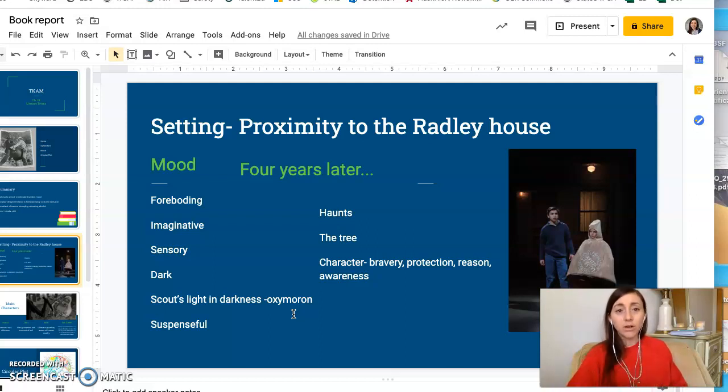It's an oxymoron, which means you have an extreme contrast between one thing and another. And so she is light in the darkness of the setting that they're in. It's suspenseful,